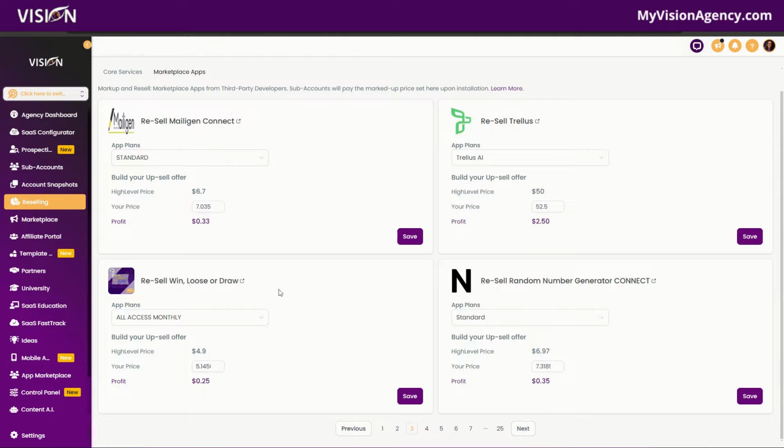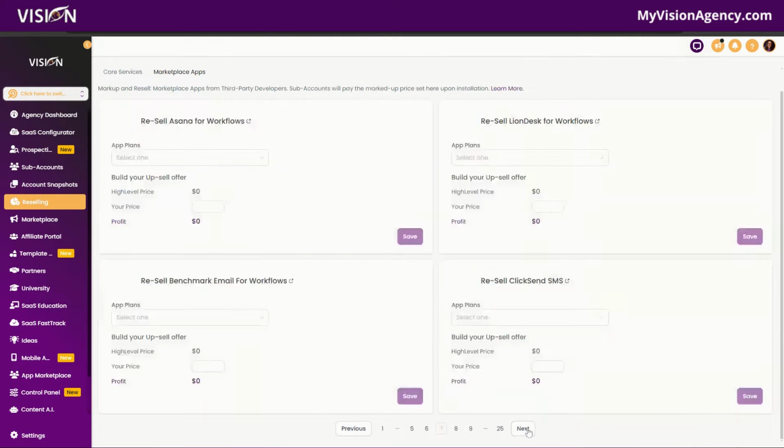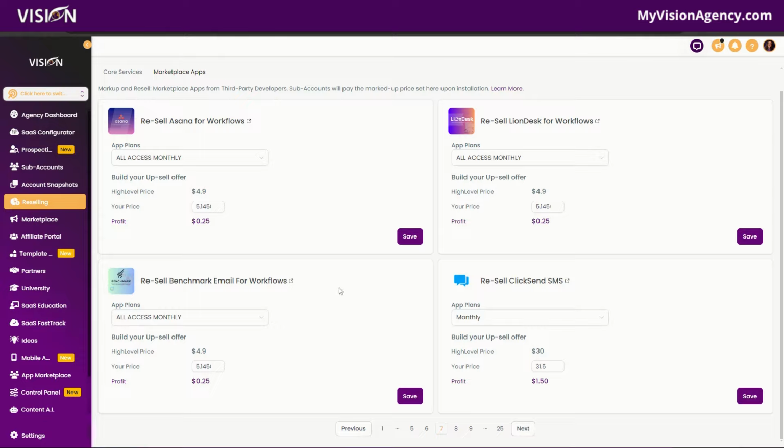Maybe they're using Win, Lose, or Draw. Maybe they're doing Trellis. Okay. I saw some other things in here. Where did I see a ClickUp one that I'm definitely interested in. I will definitely be checking it out, but you can see a lot of these. It's basically just making seamless workflows. Okay. Click Send SMS. Maybe if your clients are using any of these other tools, it is going to be incredibly valuable. Instead of saying, sure, use webhooks and use all of this stuff,